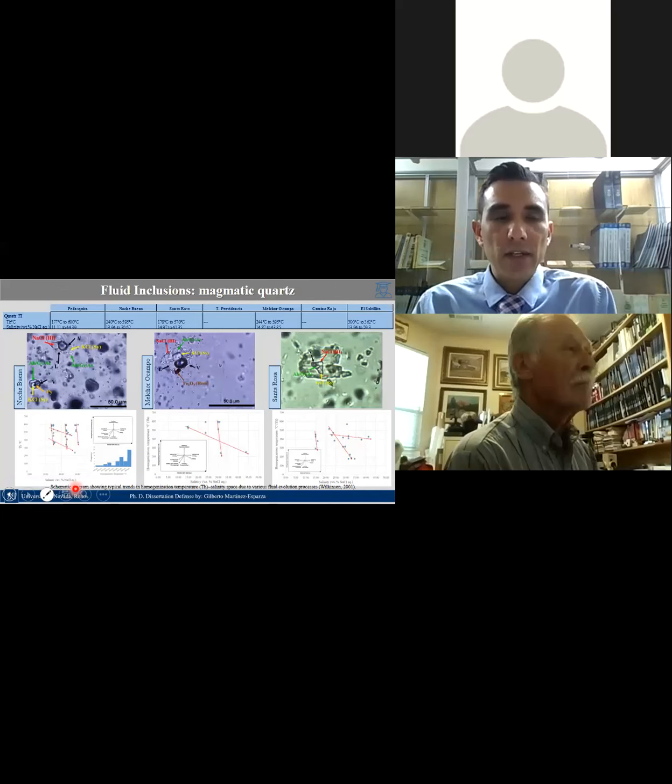And the study of the fluid inclusions on magmatic quartz shows different fluid inclusion phases. More commonly, all the inclusions are present in all the quartz. Here we have an example of a multi-phase fluid inclusion formed by vapor phase, either water vapor or CO2 vapor. The solid phase can be hematite, pyrite, and sylvite, halite, or gypsum, or argentite. So this